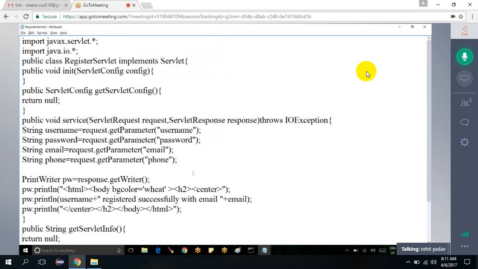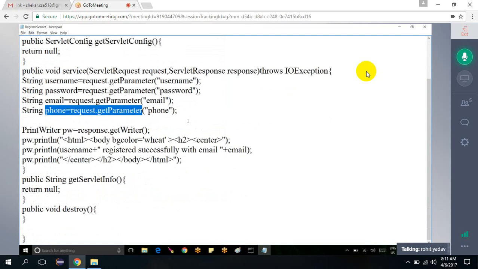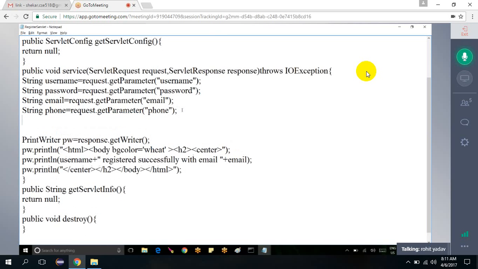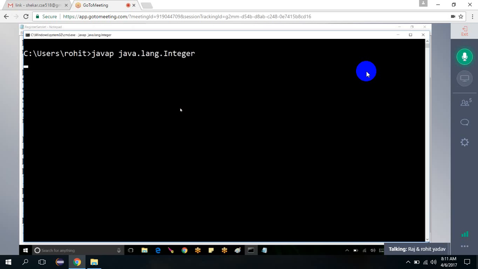ఇక్కడ string అనేది phone ఉంది. But the thing is, I don't want the phone actually in a string format. I want it in an integer format. అప్పుడు ఏం చేయాలి? నేను int mobile, string అనే ఫార్మాట్ ని ఇంటీజర్ కన్వర్ట్ చేయాలి. సో వీ హ్యావ్ ఏ wrapper class known as integer. ఇంటీజర్ ఒక మెథడ్ ఉంటుంది. ఏంటి ఆ మెథడ్? కన్వర్ట్. The method is nothing but